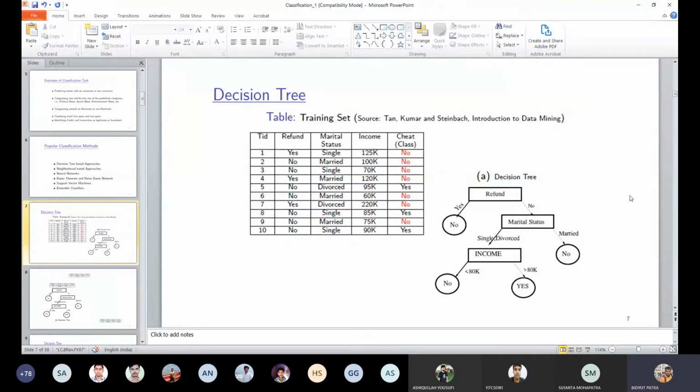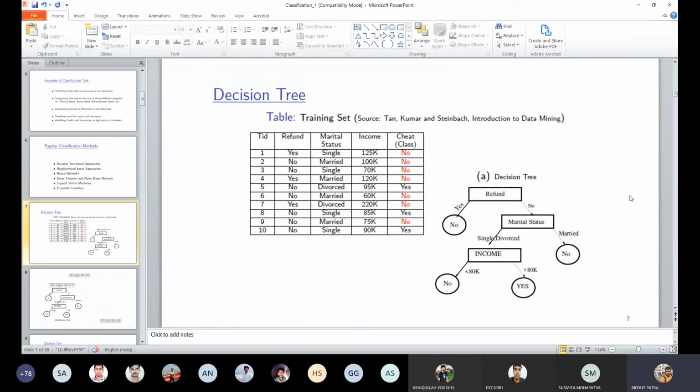On the right side, we have a decision tree. Somehow we build the decision tree, which we will explain a little later. The decision tree is nothing but the relationship between the class and the objects, and we get a structure which, for understanding, we call a decision tree. Now that the decision tree is built, what is the task? The task is to assign a class label to an unknown object.